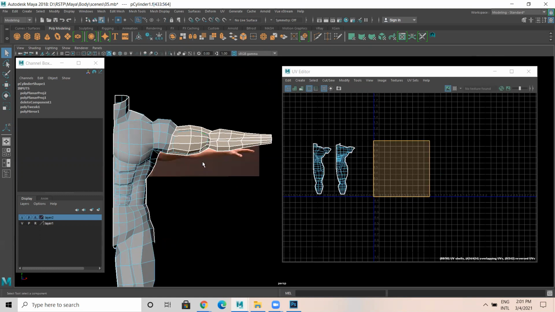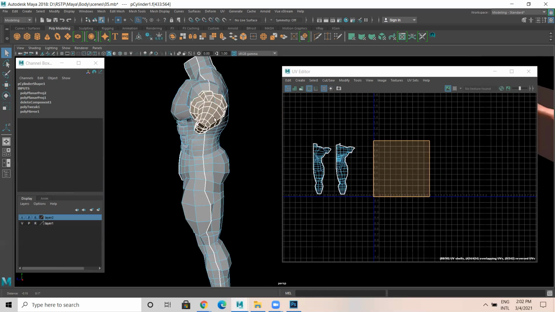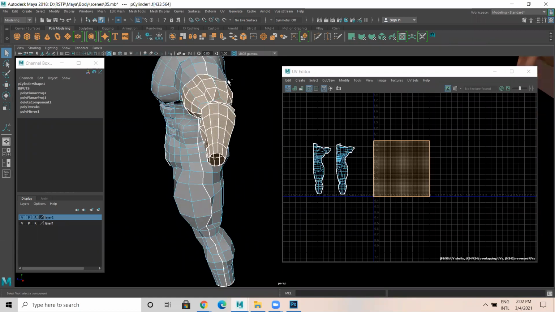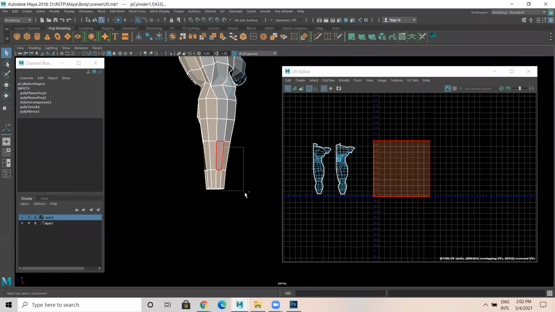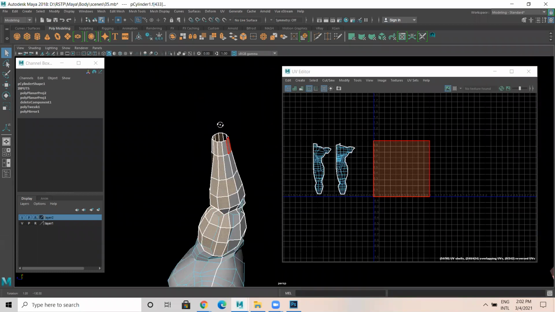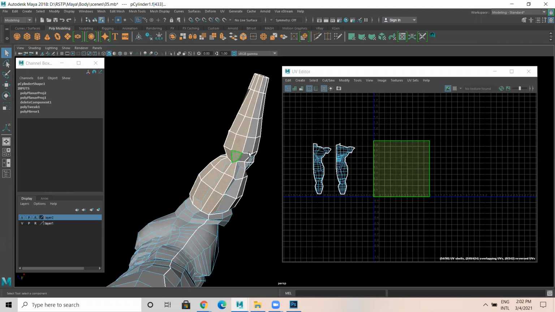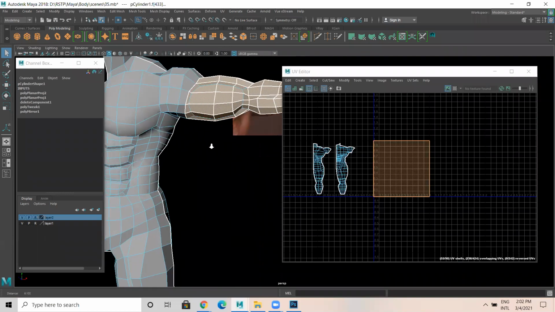One in top view, or else in front view. So in front view, let's do this.